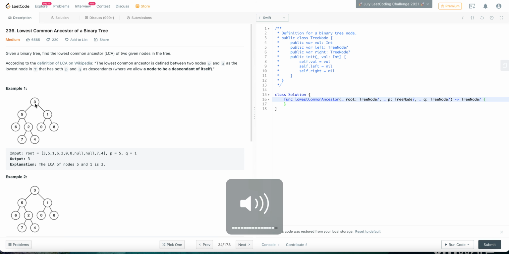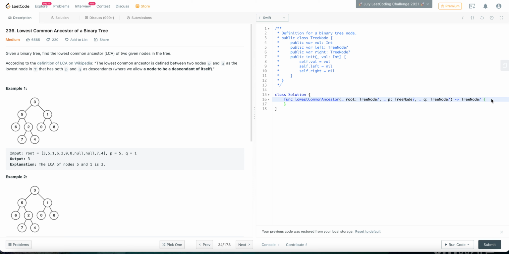So this 3 is the lowest common ancestor here, and similarly for 6 and 2, they are the descendants of 3 and 5, but the lowest, the nearest one, is 5. So here we will solve this problem using